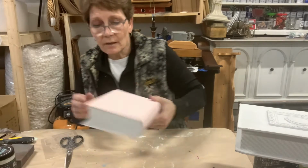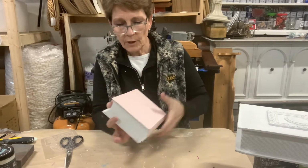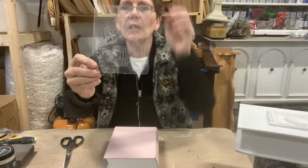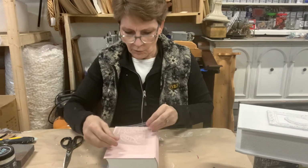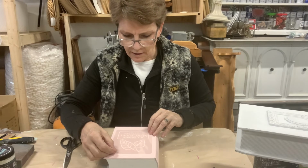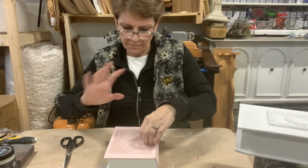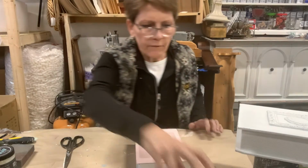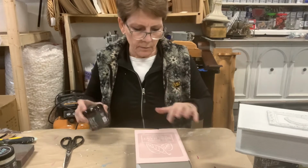Let's move on to our pink box. Let me just make sure I'm on the top. And what I do have is a small little stencil that I'm going to use from Jamie Ray Vintage. It's kind of square. It's very simple. It's just got a couple of little leaves and just says, you know, merchant. It's going to be perfect. And for this, to contrast a little bit with my